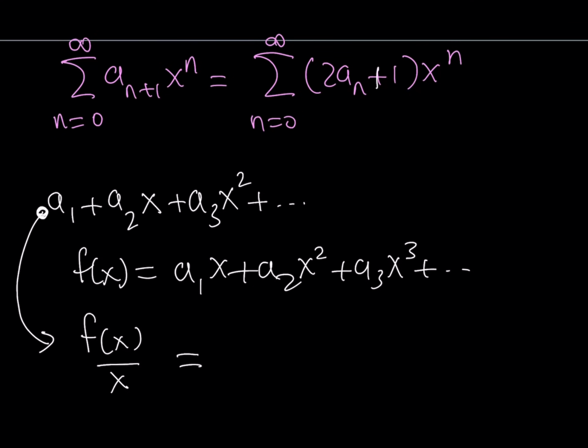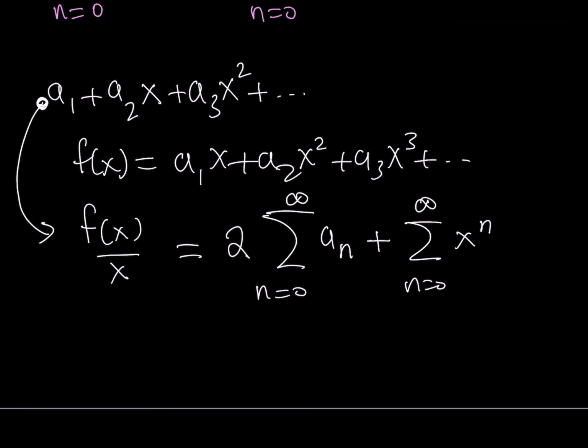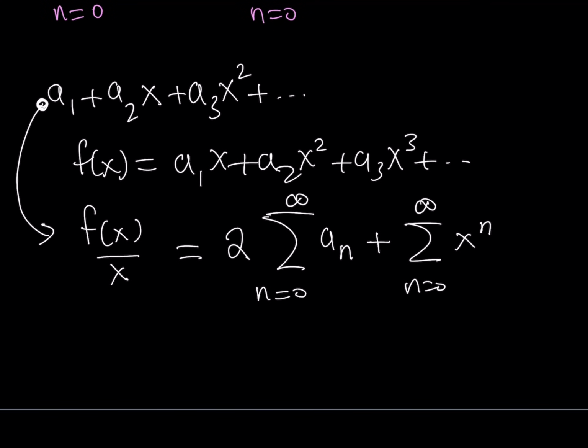Obviously, there's a plus sign here, so I can just write them as two sigma sums, and this 2 can be taken out. So it's going to look like this: 2 times the quantity sum from n equals 0 to infinity of a sub n plus the sum from n equals 0 to infinity of x to the power n. Great. Now, if you look at this expression right here,